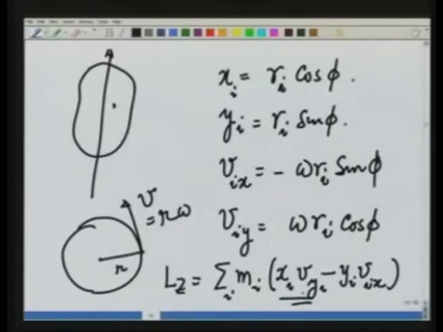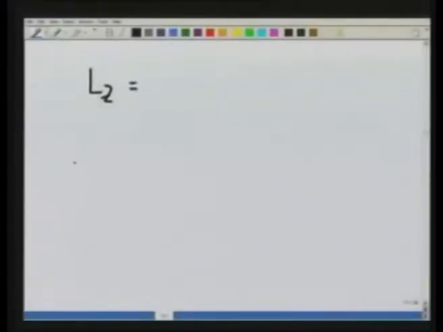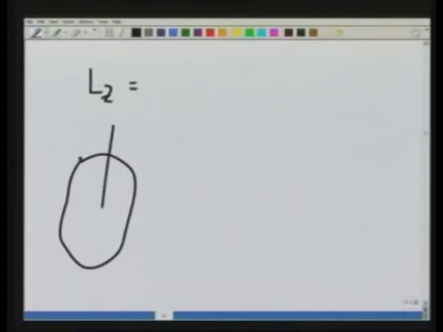This is going to give you r_i square cosine square phi, and this term is going to give you r_i square sine square phi with a minus sign. So, minus minus will compensate, and therefore I get Lz for this body which is rotating about the z axis